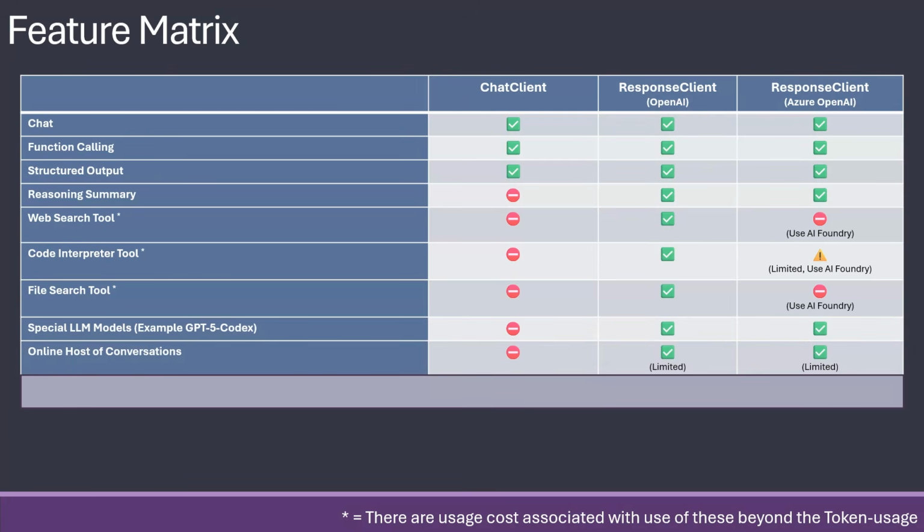Then we have, if you've seen the Azure AI Foundry, where you can store your agents and your conversations up in Azure. That was what we called conversations, having them up in the cloud. The Chat Client itself cannot do that. It can, of course, work with the agent thread and give it back to us in JSON, and we can store it ourselves. But with Azure AI Foundry, you didn't need to do anything. It was stored by default.